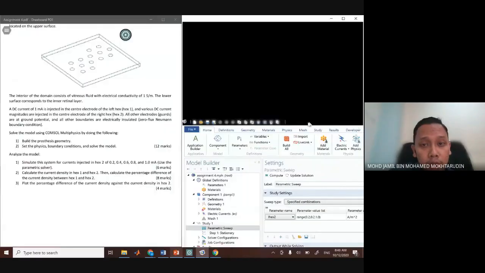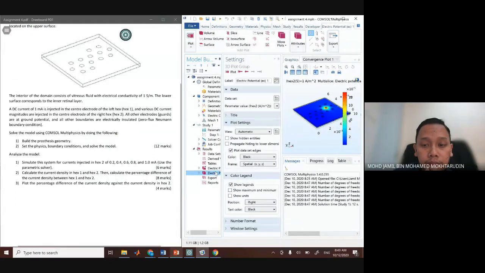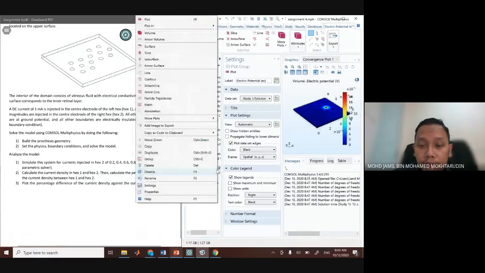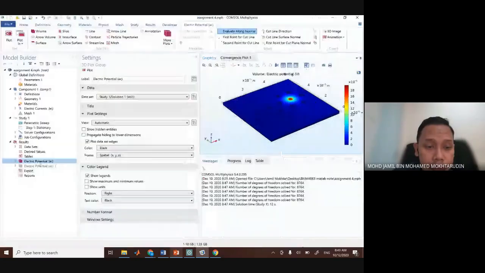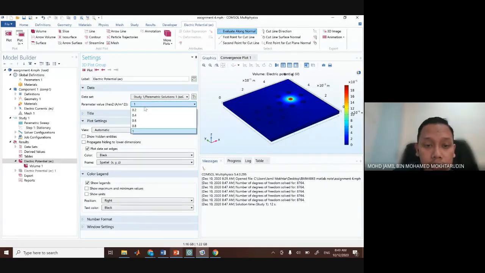Okay, so when the computation has finished, then you can go to the second question. If you see the plot here, the electric potential, then you can play around with the data. First you need to change to study 1 parametric solutions here. From here you can change your parameter I hex 2. For example, if you want to see the results for 0.2,